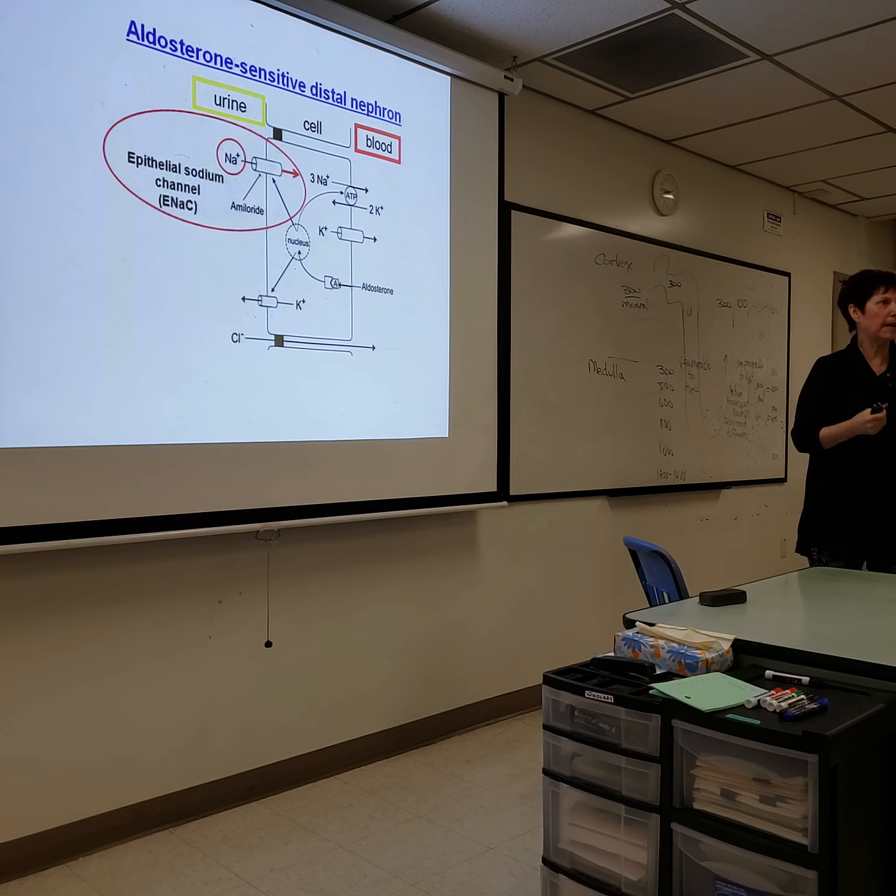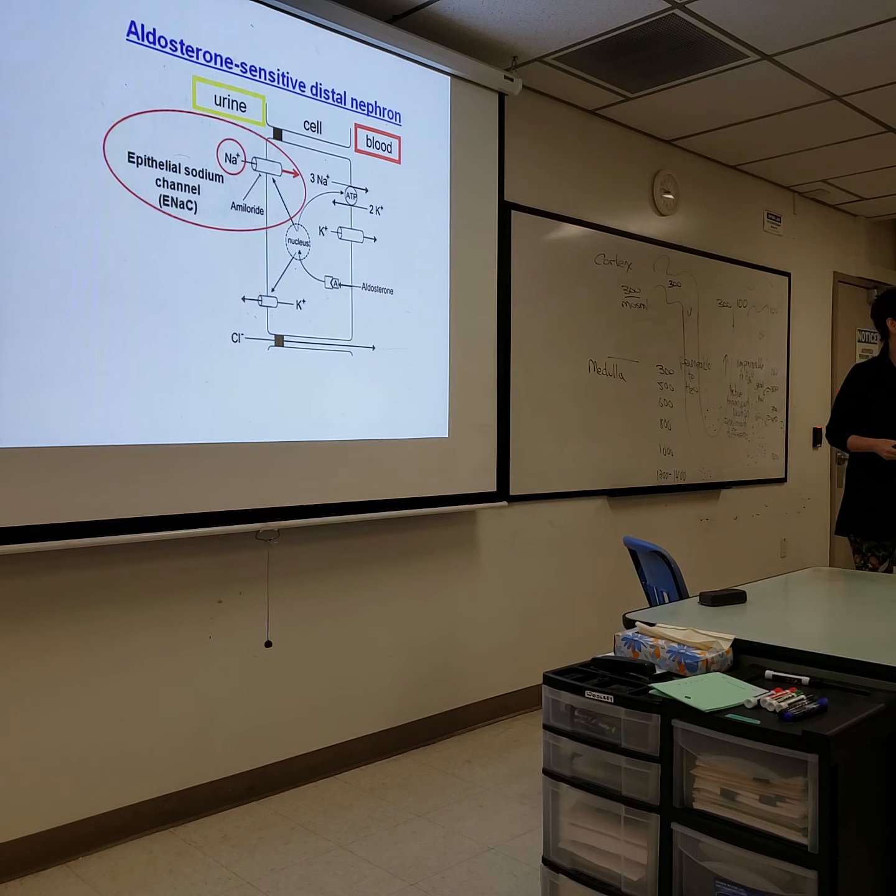And it does so by changing the nucleus of these cells and increasing the sodium channels, which are going to remove sodium. When sodium leaves the cells, what happens to water? Chloride follows passively too, but water goes with it because it's osmotic. So when we have aldosterone, we decrease urine volume, and it becomes more concentrated, all right? And we increase blood volume. Do we change the osmolality